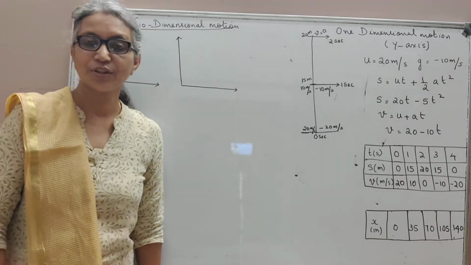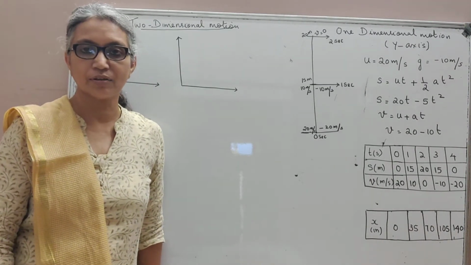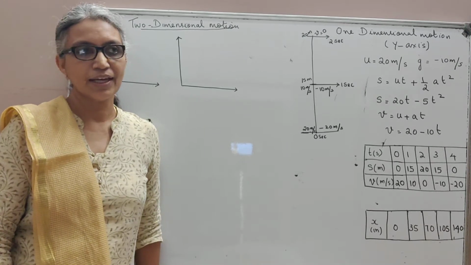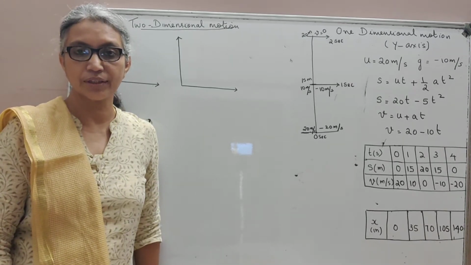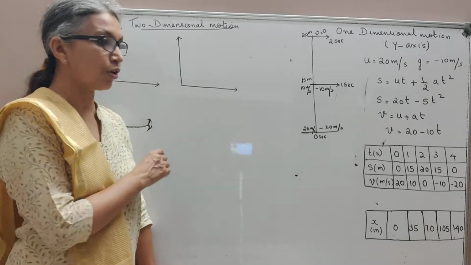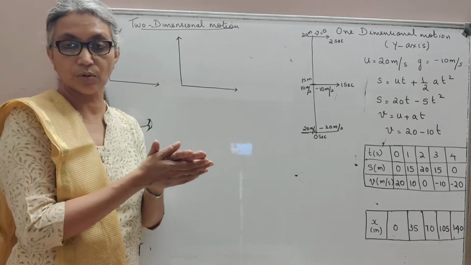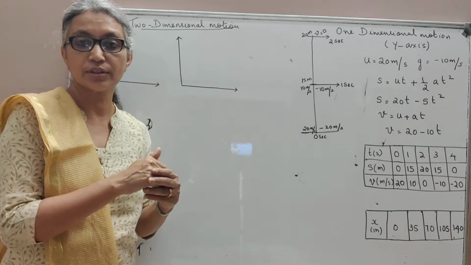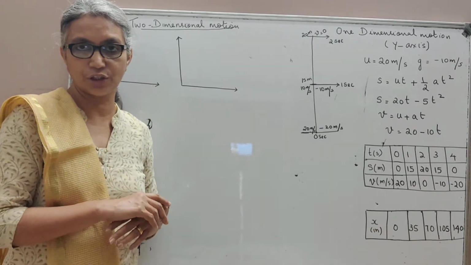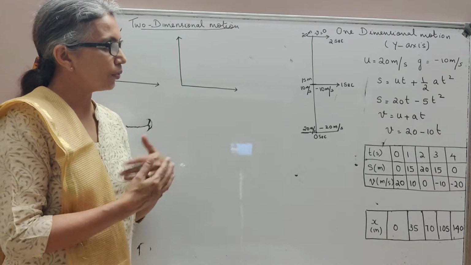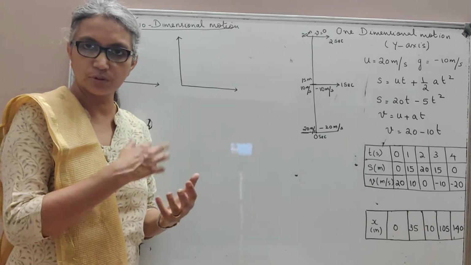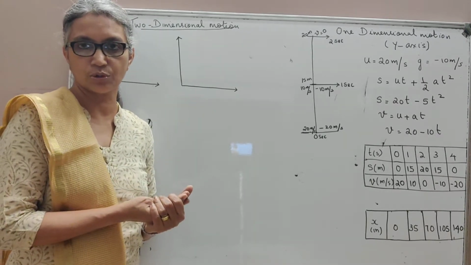Good evening. Today we are going into the third part of our chapter Motion in a Plane. In today's session, we're going to see how the motion of a body in a plane can be treated as two one-dimensional motions happening simultaneously but independent of each other. We will start with an example, and I hope through the example we can come to our conclusions.